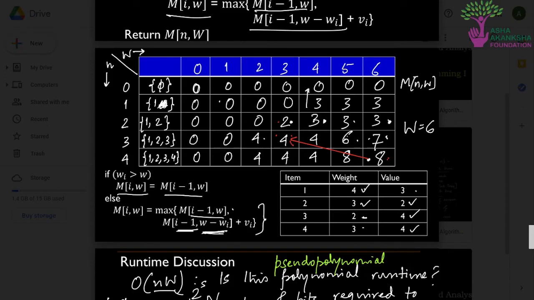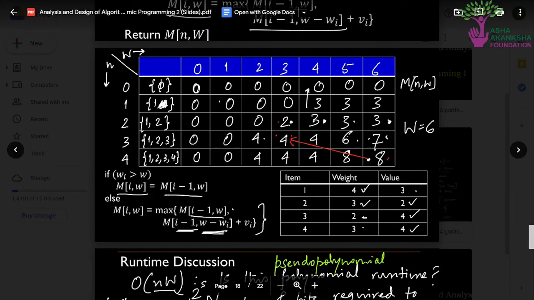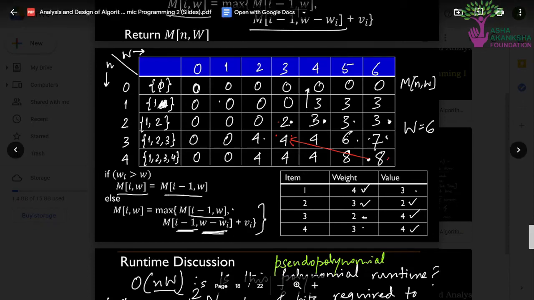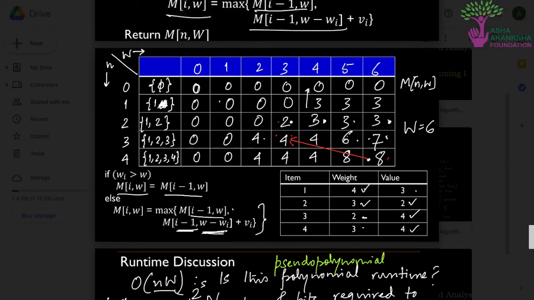So we will start filling the matrix in this way. First we fill the first row, then the second row, and in this way we go from up to down and from left to right.